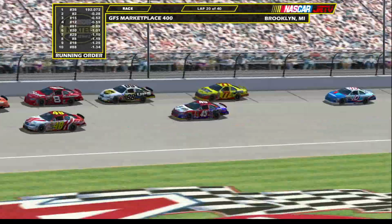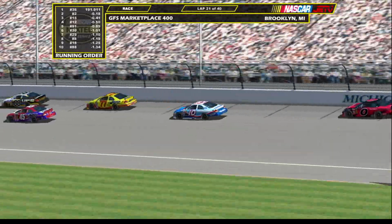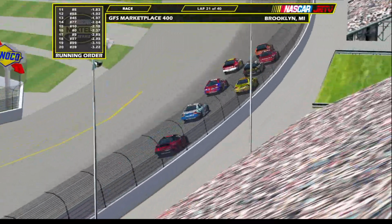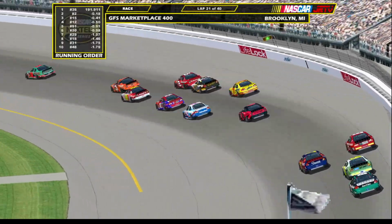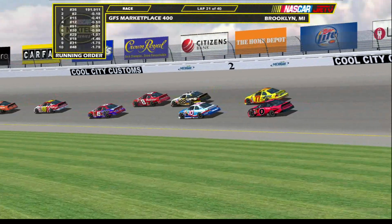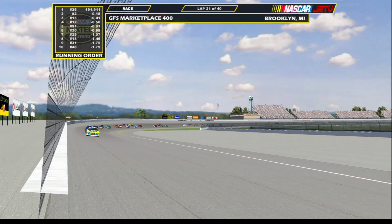And here comes another driver moving their way back to the front. Here comes Tim Gary. Started outside pole. He's working his way up. He's now top 15, and the top 10 is just in his sights. The 48 car up the road. Yeah, this is what Tim Gary wanted to see, was that 88 fall back, and Tim Gary to move his